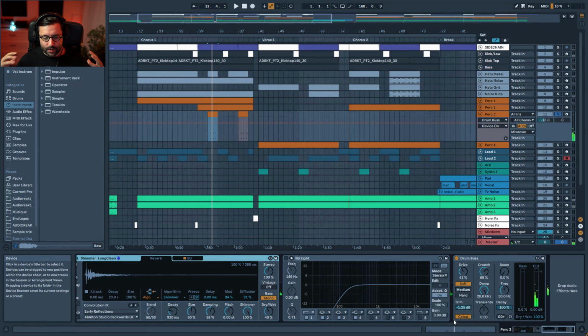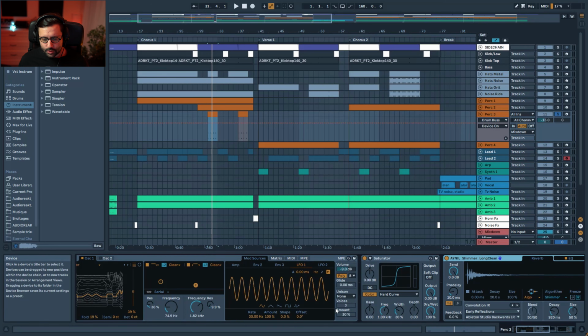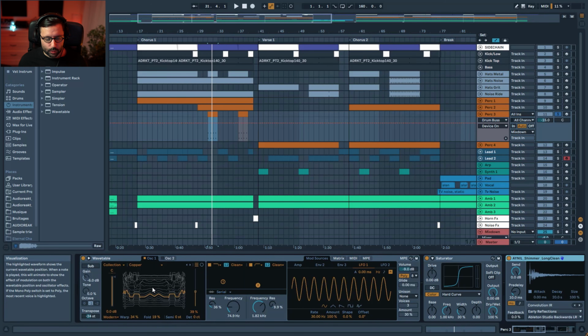Just because I knew I wanted something in your face and powerful. And then after, I will usually try to find a sound. Sometimes I don't really have a purpose, I'm just looking for an element. Sometimes it's more percussive, sometimes more synth. And here I use the collection Copper. And again, I use the modern with